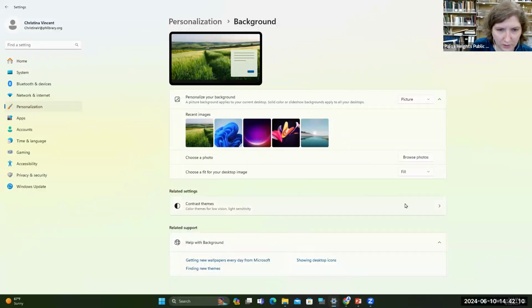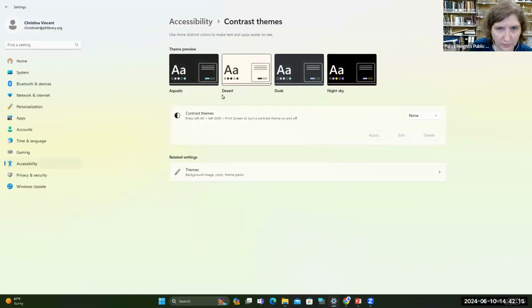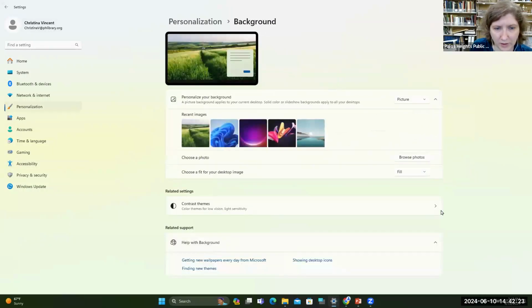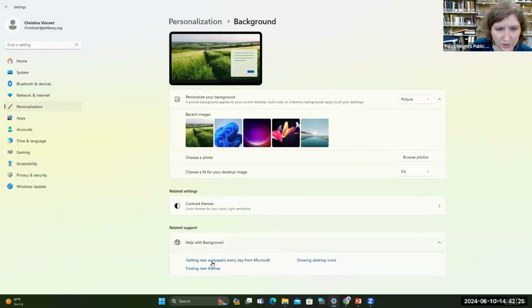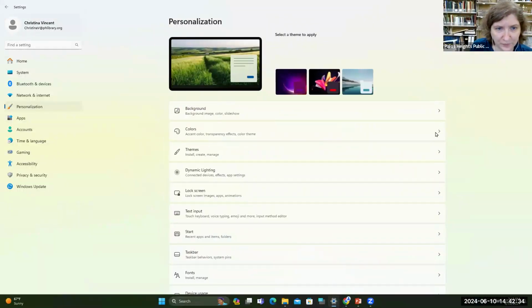And here we also have contrast themes. So if maybe you have a harder time seeing some things, you can choose the theme here. Go back a page. And again, there's a help here if you need help with your background. That's personalization for the background.